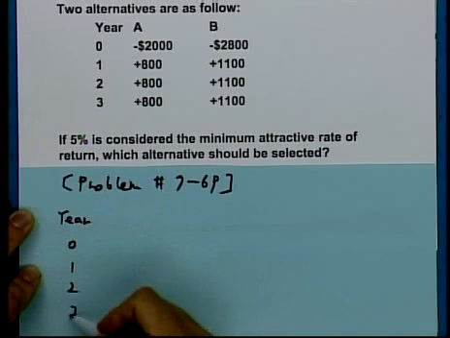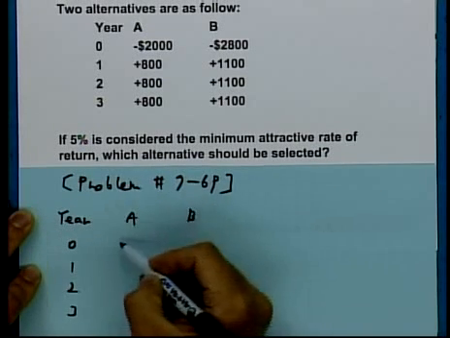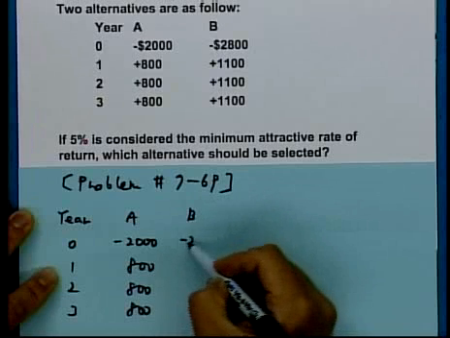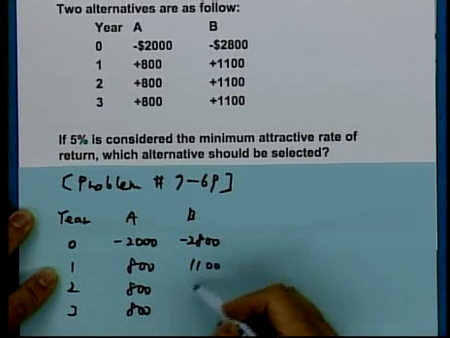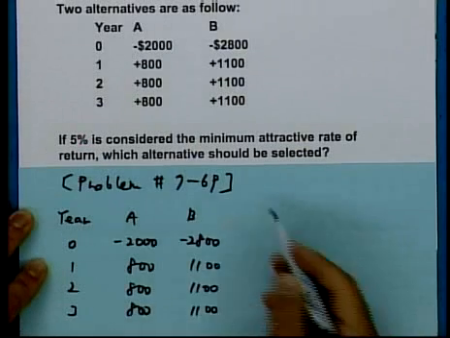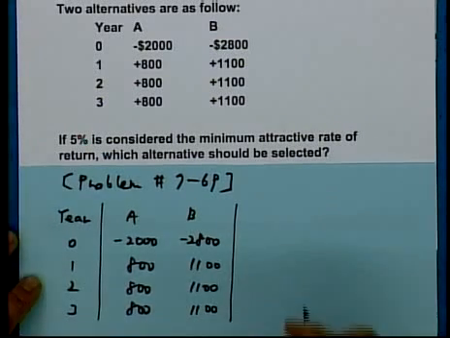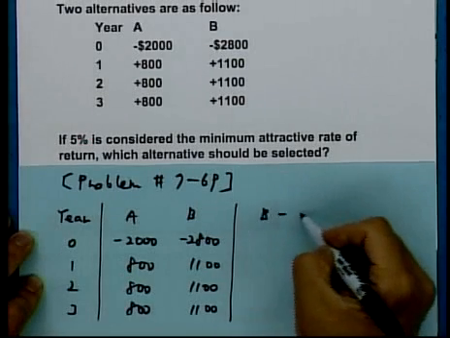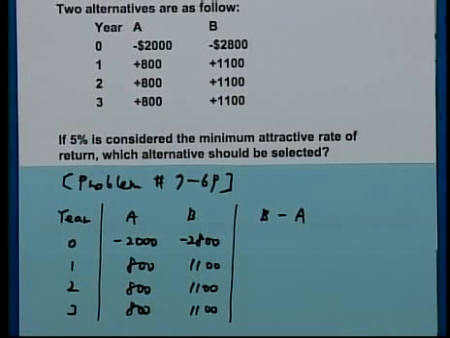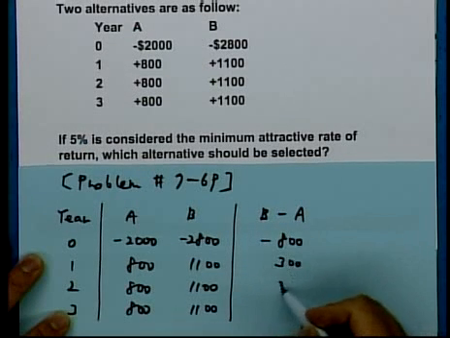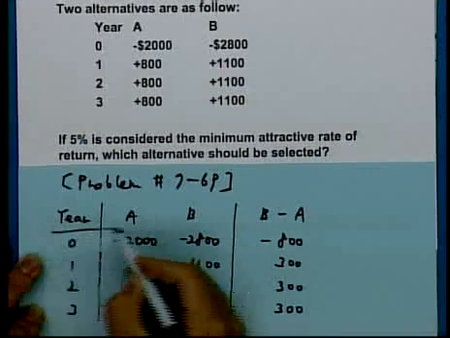Okay, so we have 0, 1, 2, 3, A, B's, negative 2,800 each, negative 2,800, 1,100, right? So we will make another column representing B minus A, which will be negative 800, 300 each. Okay,